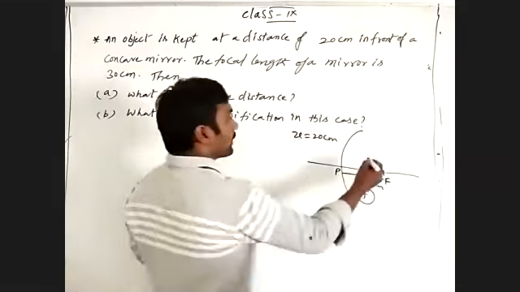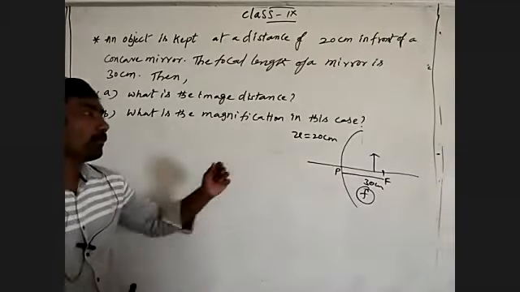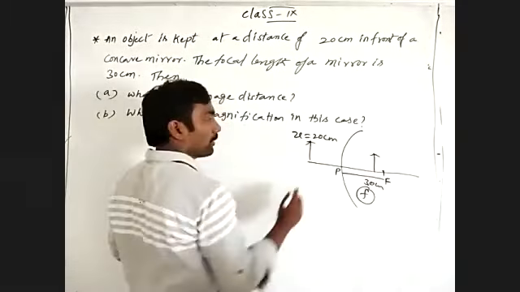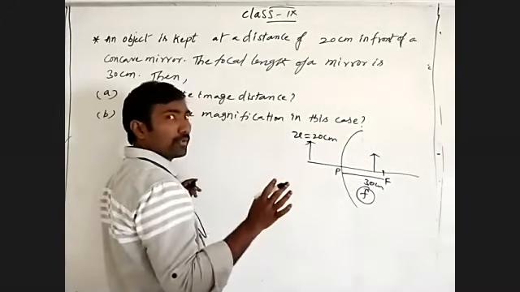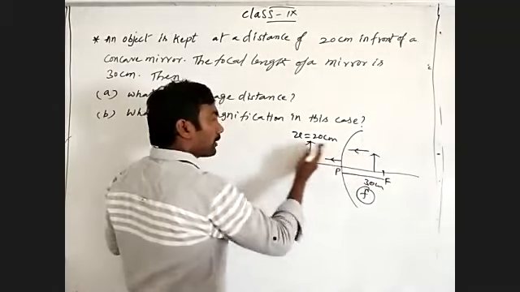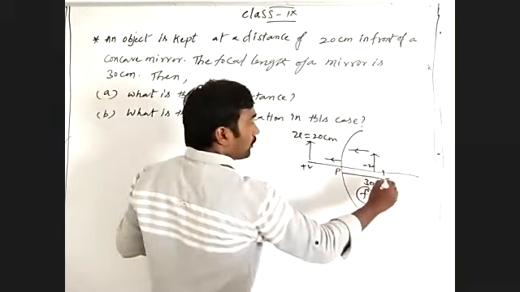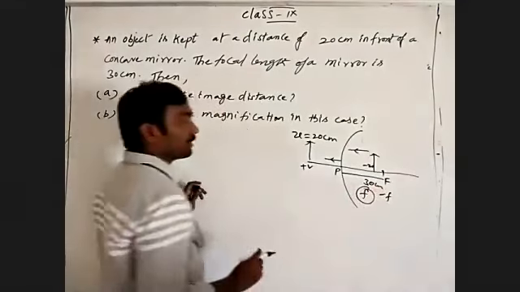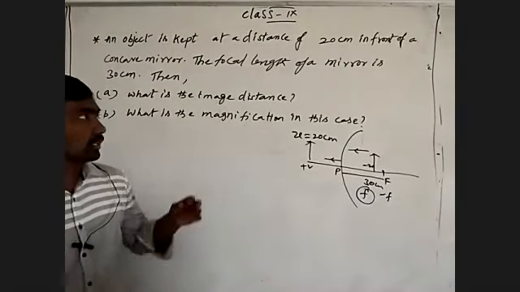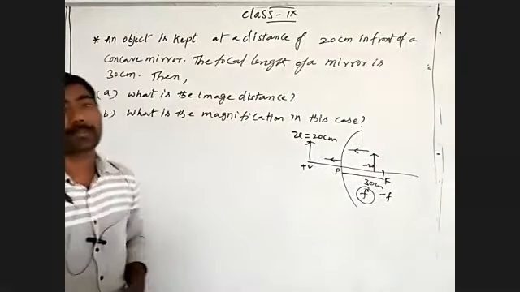So when the object is placed between pole and focus, where should the image be? Beyond the mirror. If the image forms beyond the mirror, see, all distances we are measuring from the pole. Light ray is coming this way, and we are measuring image distance also in this direction, so it should be positive. Object distance is negative, focal length is negative. Except in this situation, image distance is positive. So the image distance we are going to find should come out positive.